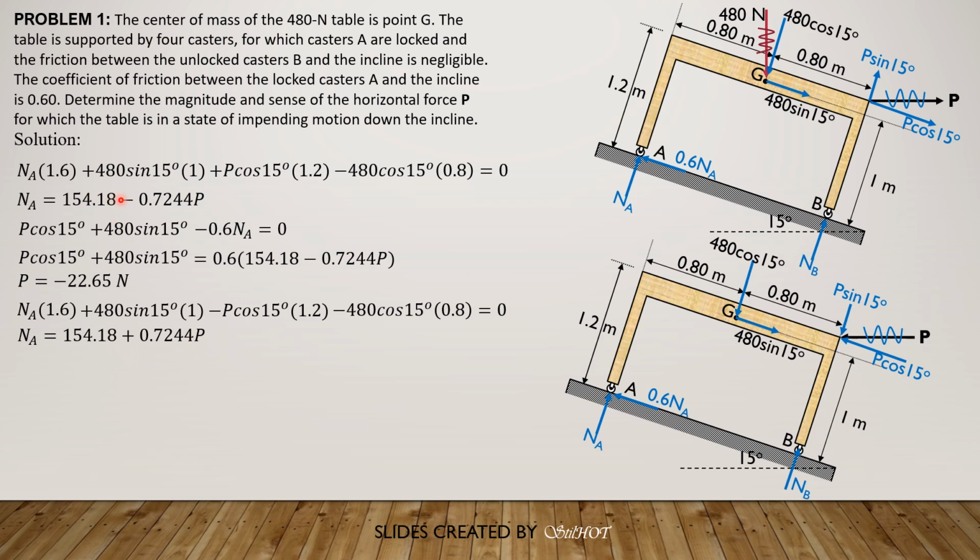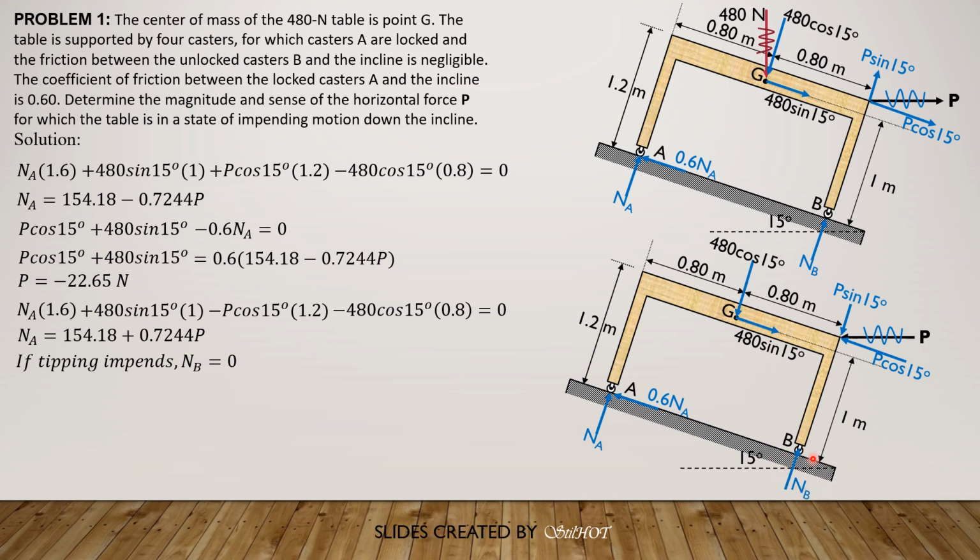So it's almost the same as before, except that 0.7244P is now positive here. Then summation forces tangential. If tipping impends at A, it is now possible because A has resistance horizontally. So if that is the case, if tipping is about to occur at A, then there will be no reaction